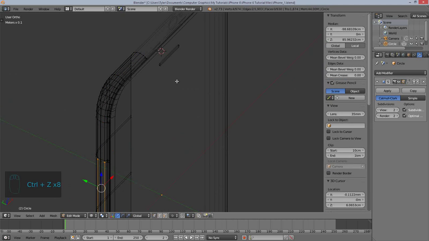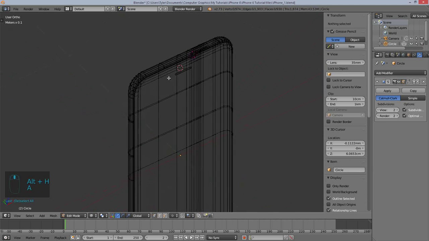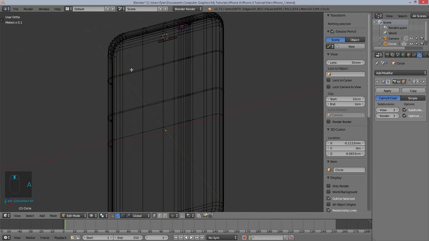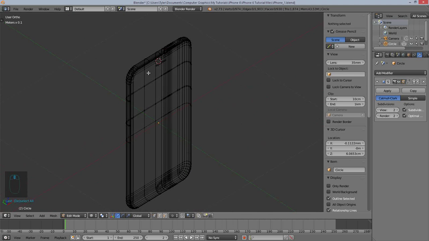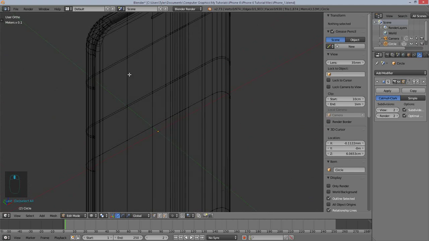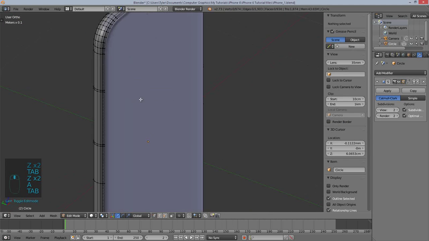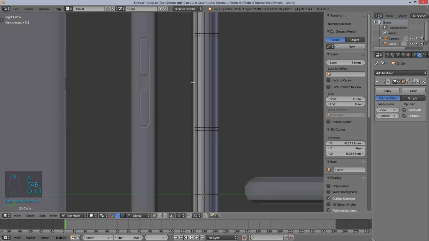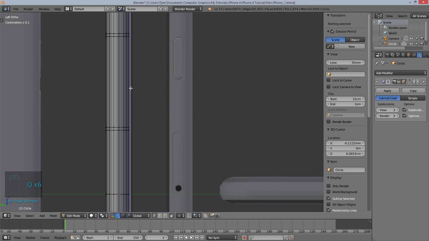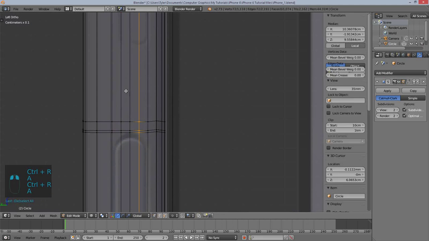One thing I should mention, a mistake I always make: whenever you want to add loop cuts to a mesh that's been hidden, it's not going to apply on the hidden side, which you would expect it to, I suppose, but it doesn't. So always make sure you unhide everything before you add some more geometry. So let's go ahead and loop cut this where we want it to, over here and over here, and then we want to